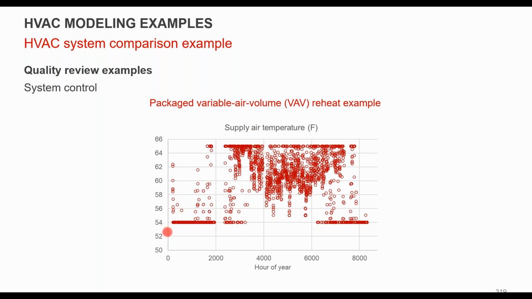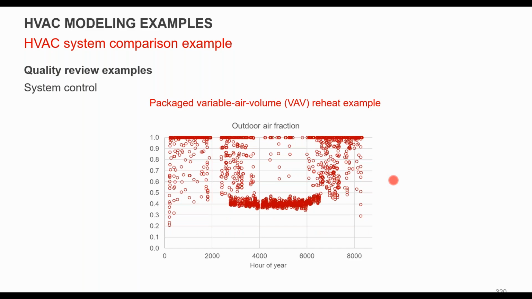Supply temperature, you're seeing a pretty good reset between 54 to, well, it should be 55 to 65, but that's working fairly well. One thing to note here is that you're supplying 55 degrees in the wintertime, so there might be something to look at as to why you're getting cooler supply temperatures in the winter than the summer. But you are seeing a lot of nice resetting in the middle of the summer, which is helping with the reheat problem.